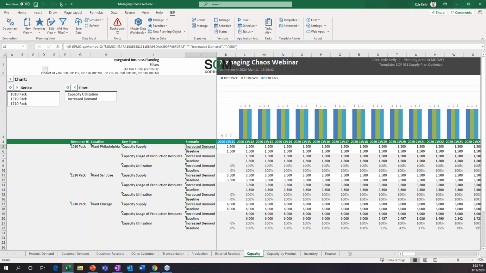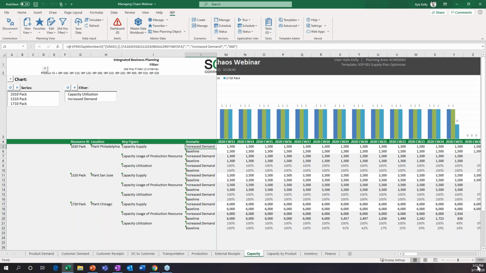So you can really see that for this particular optimization run, we ran it out to calendar week 26. Really all the way out until the 24th, it's at max capacity, as you can see down here. Whereas in the baseline scenario, out in calendar week 19, we start using less and less of this more expensive resource.